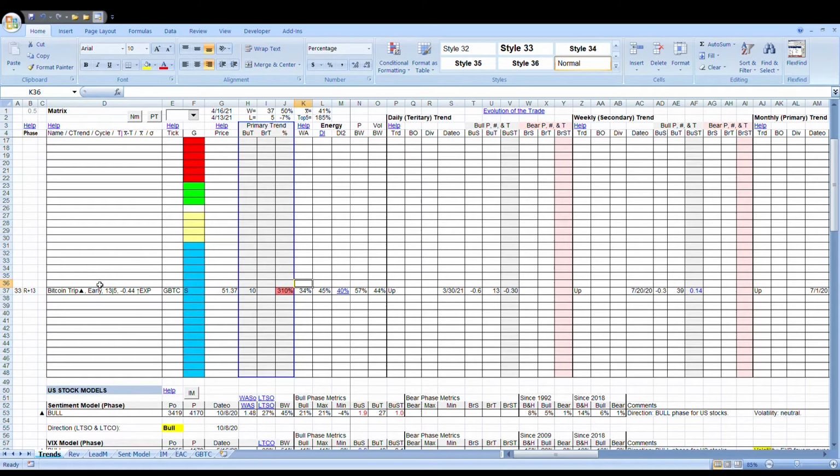But what we find out is each one of these resets that takes place, and this one's R plus 13, so we're 13 bases past this reset. It's likely this reset will not be profitable. Again, this is the second one in a row. I bought the reset, maybe the third one down the line.